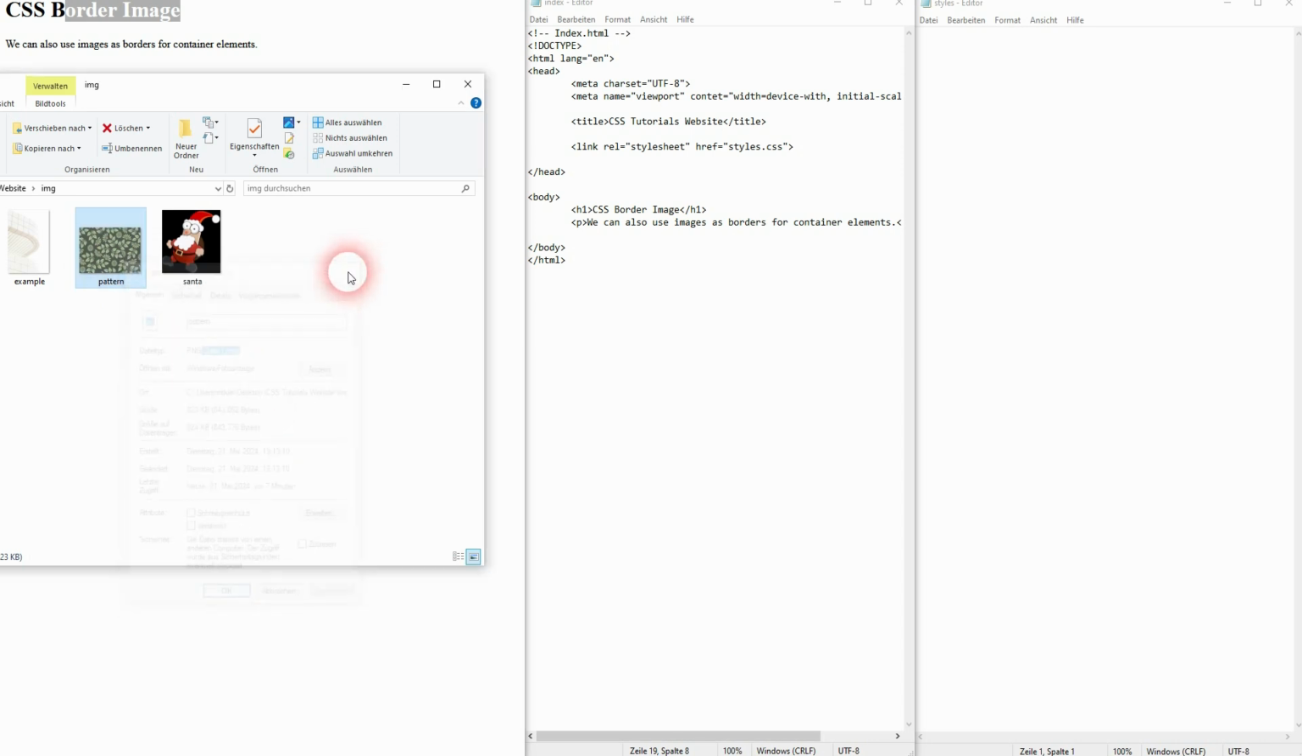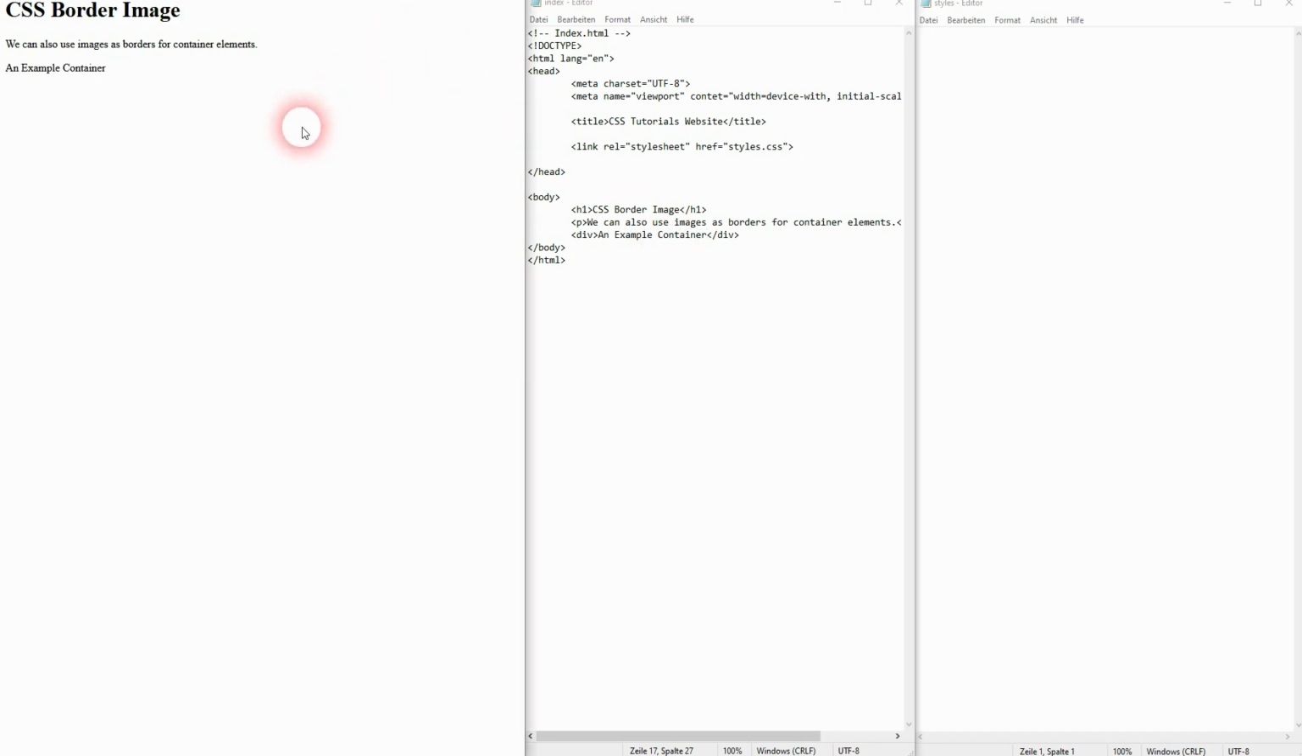First we need a container, an element to add a border to. I'll make it a div container and I'll type in some text. By default it doesn't have a border, so it looks like plain text. I'll add a class of border to it, and now we can select that in CSS. So dot border, curly brackets,